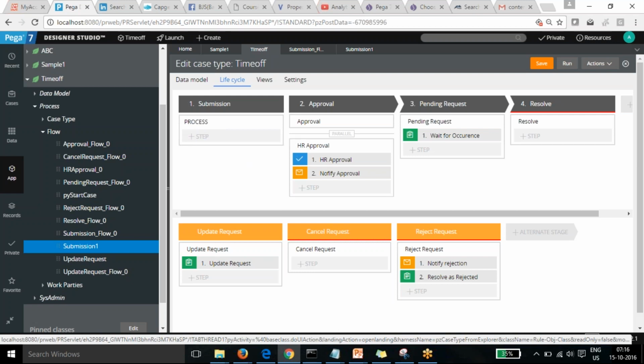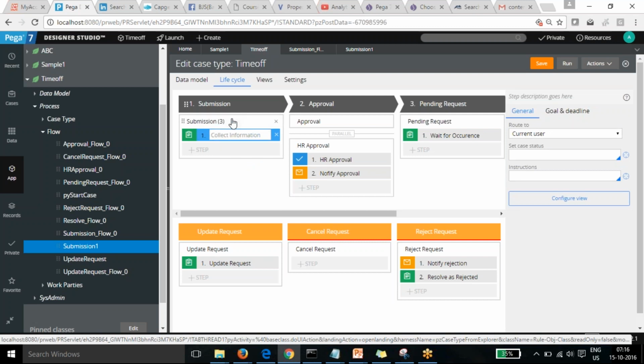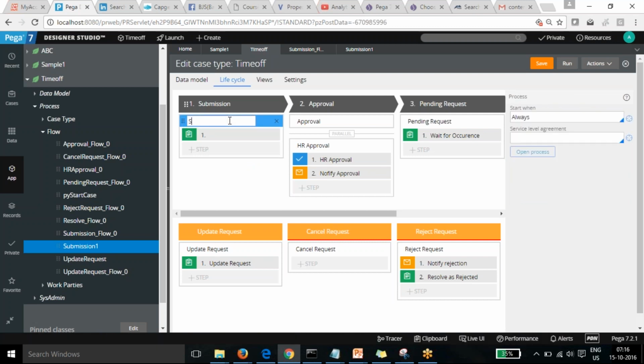So if there is a multi-step process and you want to add the data model, it's not possible. No, it's possible, but in that scenario we need to create the sections from our end. We need to add the properties directly from the data model.